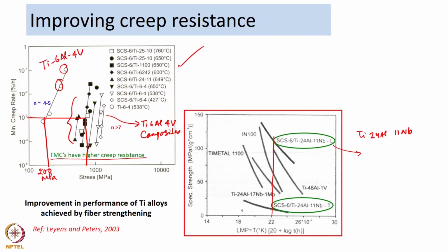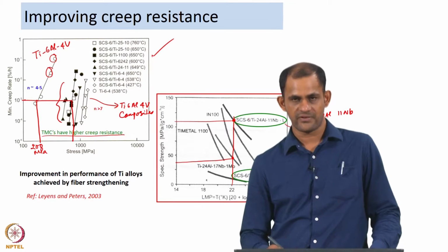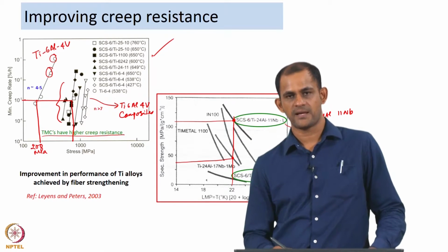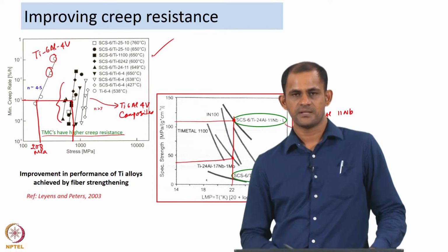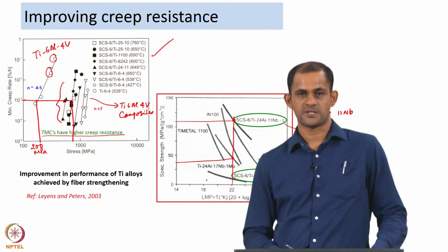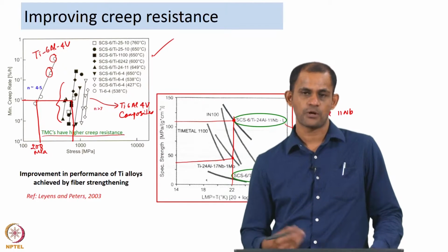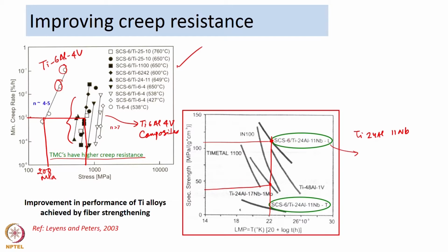So, this is the alloy without the fibers and this is the alloy, or the composite, with fibers. Clearly, there is a large difference in the amount of stress required for the alloy without fibers and the alloy with fibers. You need to apply higher stresses, so the strength of the material with the fibers is higher. You need to apply higher stresses to achieve the same rupture life that the alloy without the particle or fiber strengtheners provides. In this case it is a fiber strengthener.